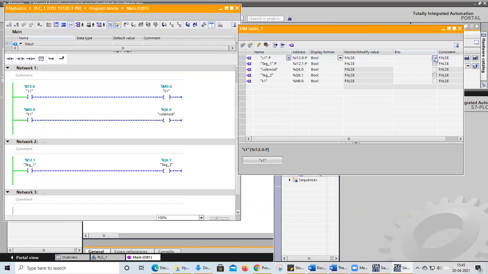Once I turn it on, my solenoid will be activated. Once I release it, my solenoid valve switches to the off position. You can see it. Once I turn on my bit, the solenoid valve is activated, and once I remove it, it is in the off position. So this is just like a click button.